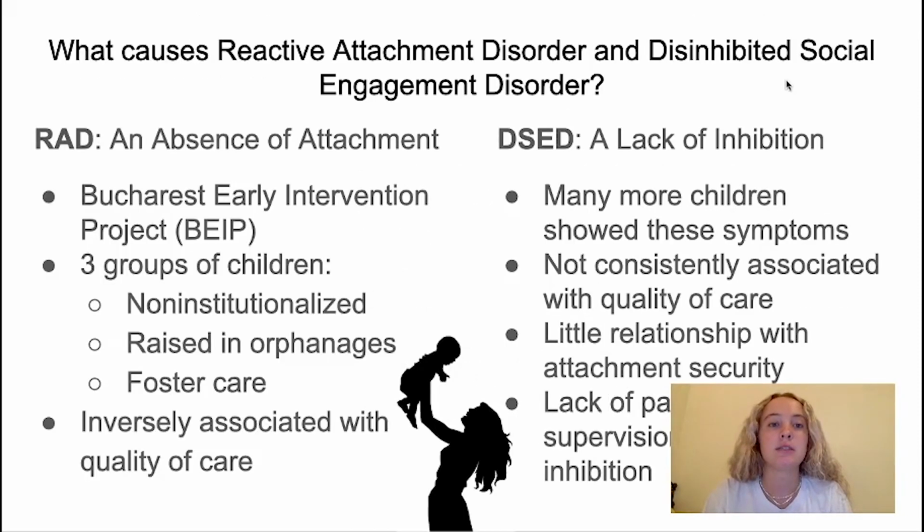Okay, so what causes reactive attachment disorder and disinhibited social engagement disorder? In reactive attachment disorder, it is believed to be caused by an absence of attachment. A study called the Bucharest Early Intervention Project was conducted by researchers in a Romanian orphanage, and they examined children's development for 54 months to determine the outcomes. Three groups of children were used: non-institutionalized children who were just in their Romanian homes, children raised in orphanages, and then children raised in foster care. The non-institutionalized children showed